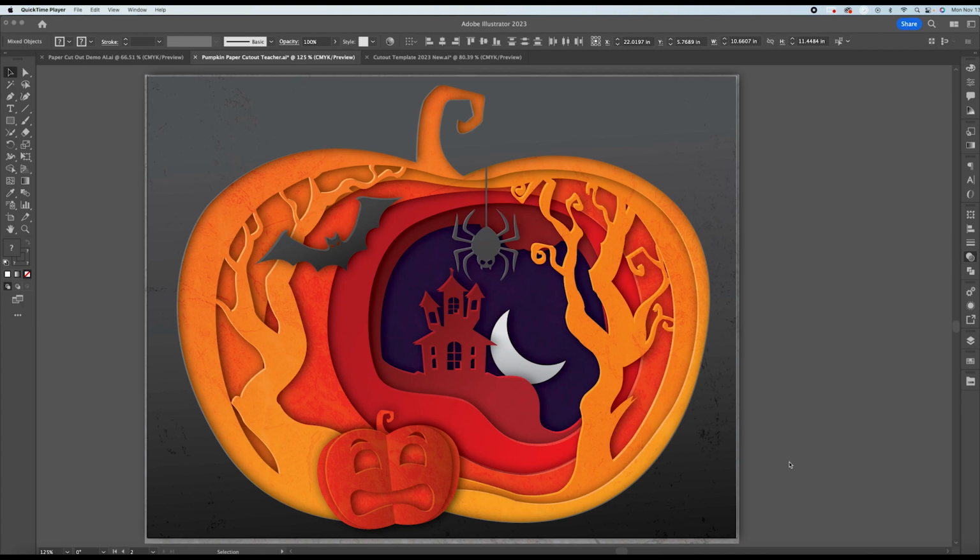Welcome to the paper cutout in Adobe Illustrator. Today we're going to be creating a paper cutout in which you see a number of different layers stacked on top of each other. It gives the sense that paper is stacked on top of each other, but we're going to be doing this